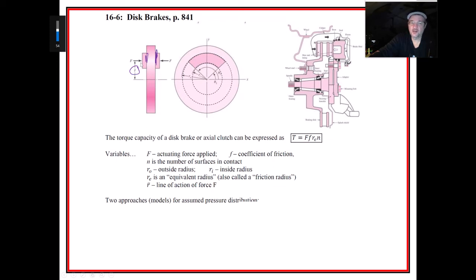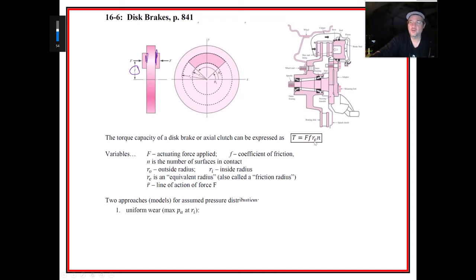Now, the main thing we want to do when trying to evaluate this is figure out what kind of model we should use for the pressure distribution, because that'll determine how the friction behaves, and therefore how much torque is being placed in there. So the vehicle by which, no pun intended, we determine the torque is really this R_e, that equivalent radius. And we use two different models to figure out what that equivalent radius is going to be. One of them is a uniform